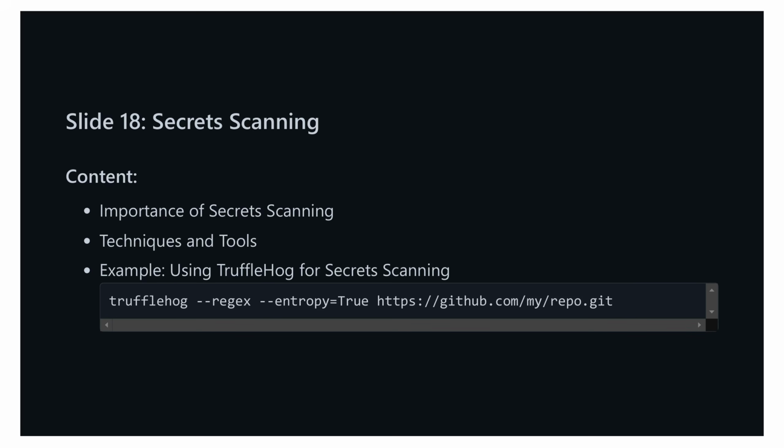We'll delve into various techniques and tools used for secret scanning, and a popular tool for this purpose is TruffleHog. TruffleHog can search through your repositories to locate high-entropy strings and regex patterns that often signify secrets. Here's a practical example of using TruffleHog for secret scanning. trufflehog --regex --entropy=True github.com/my/repo.git. This command will scan the specified GitHub repository using both regular expressions and entropy-based detection to identify any potential secrets. Next, we'll explore the realm of wireless scans, we'll go over the different types, such as SSID, channel, and signal